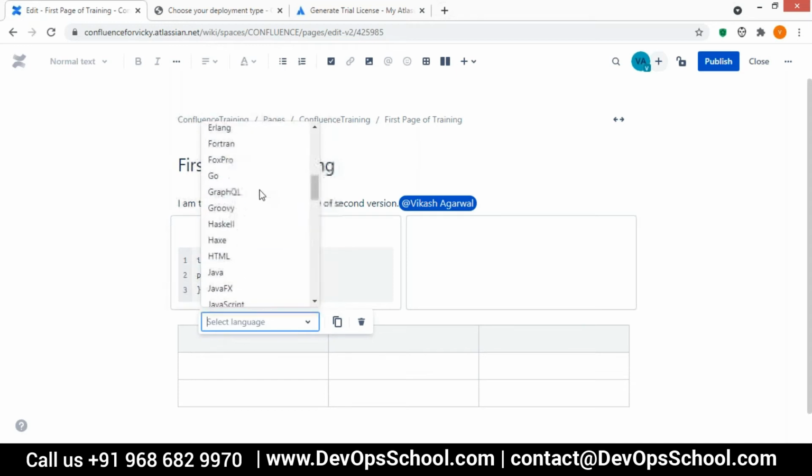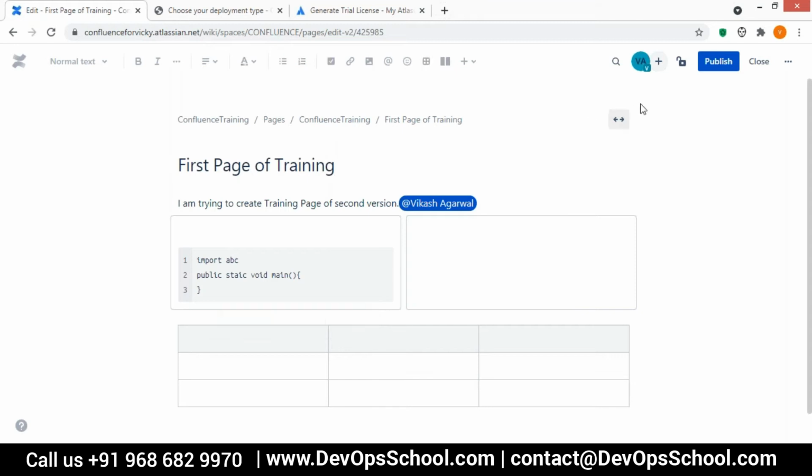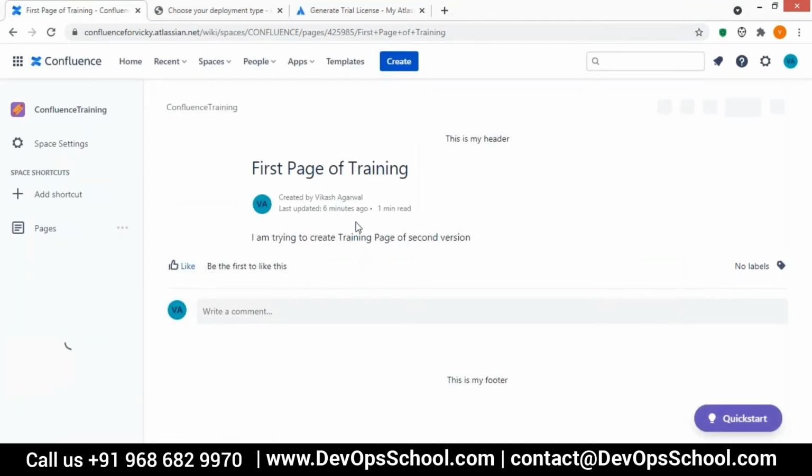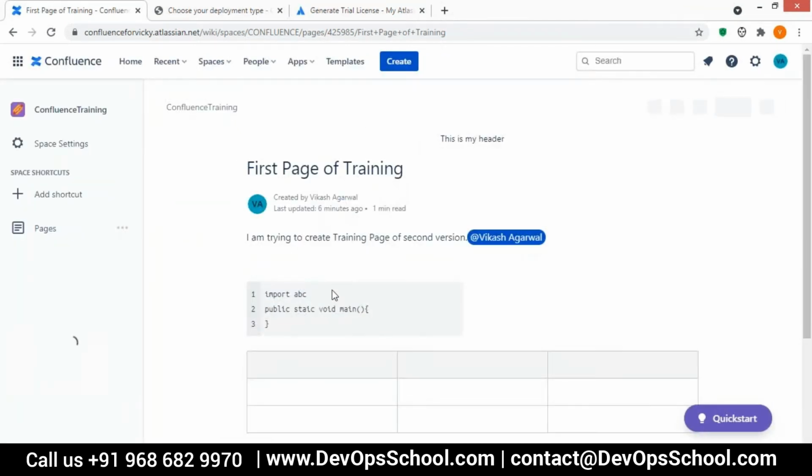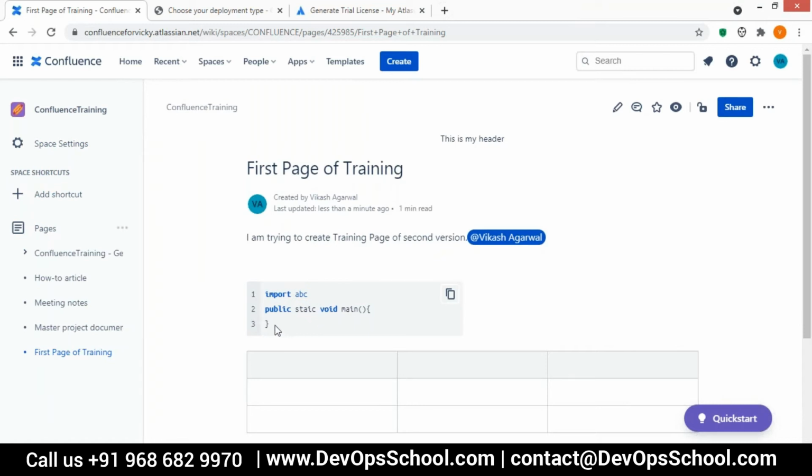What is the use of this? It will show in the correct format, the look and feel of the kind of language, the kind of code you are trying to insert in your application. So you can insert the code like this. Okay, this is how we can use the macros. I'll explain a few more macros.